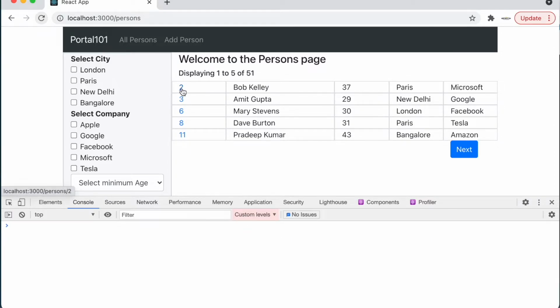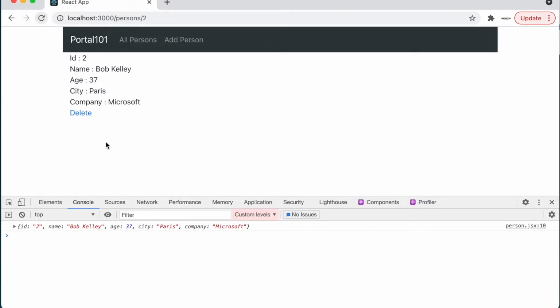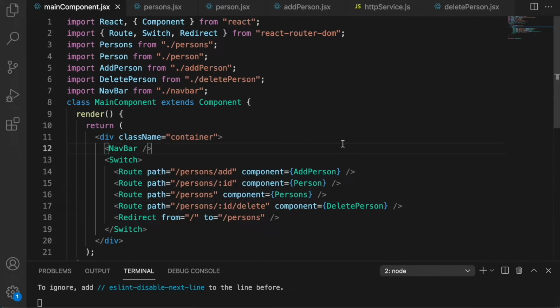So now when I click on to, it shows me Bob Kelly. But when I am clicking on delete, nothing seems to be happening. So what could be the issue here? The issue is that when we get this kind of a URL, persons/to/delete, it will match this.